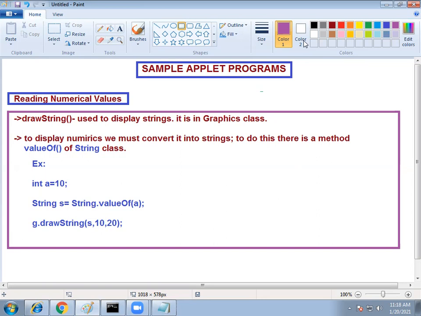Okay, so please note down this. We'll see one example. Now let us see the example.